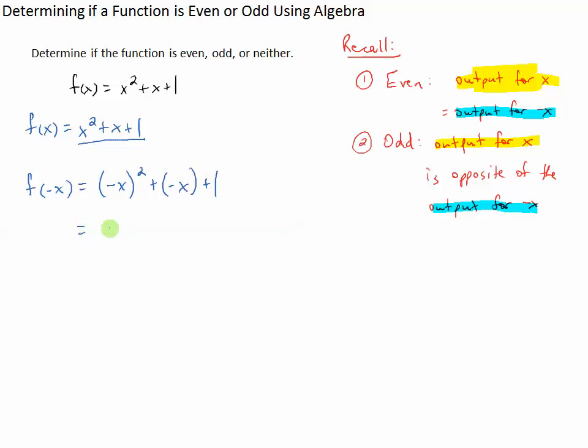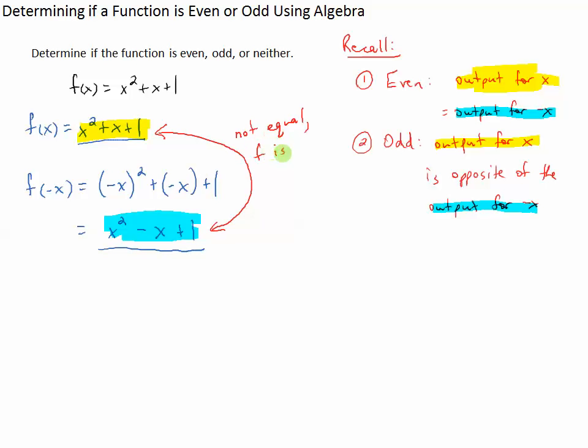And when we simplify that, we get just x squared here, because when we square a negative, it goes away, minus an x in the middle, plus a 1 on the end. So here is the output for x, here is the output for negative x, and they are not the same, they are not equal,